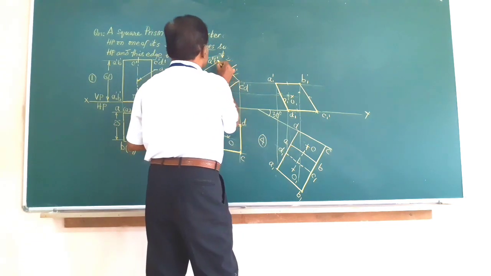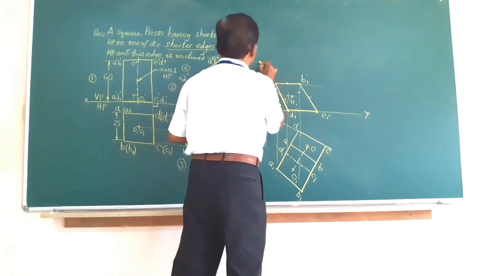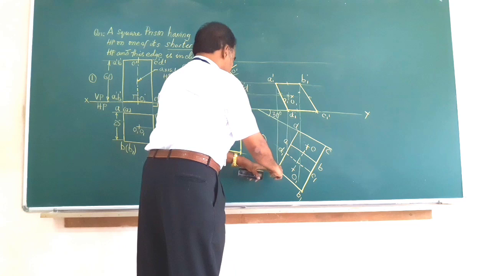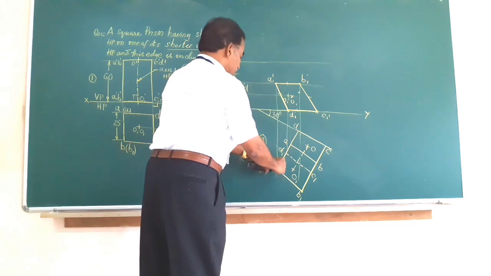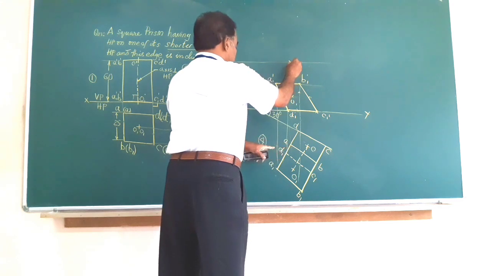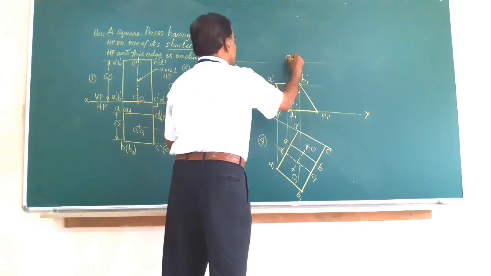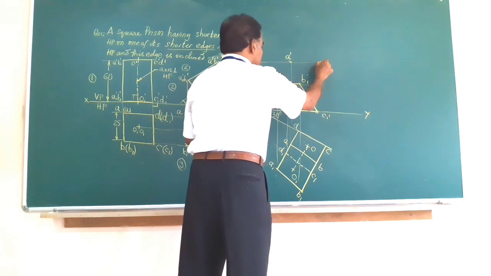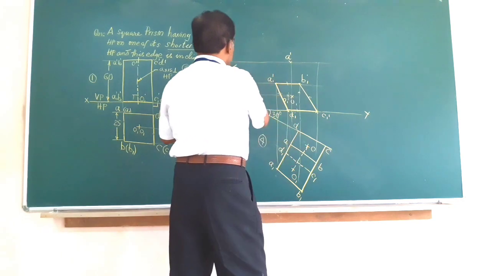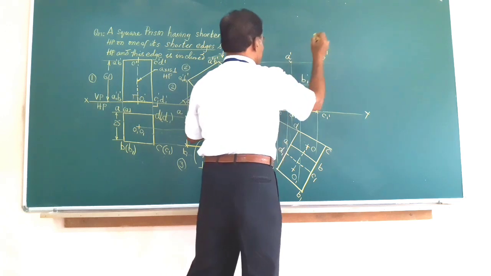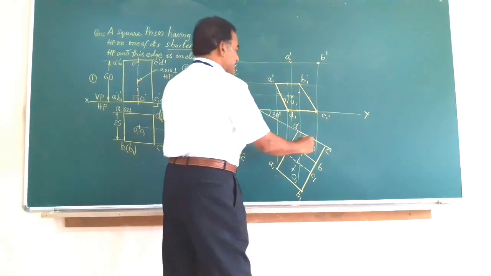So I will draw a horizontal line through A1 dash and B1 dash, and a vertical line from here. So A1 dash, A is here. So A dash you get here. This point is A dash. Likewise B, on the same lines: a vertical line from B, a horizontal line from B. They meet here. That point is B dash. I should get C dash and D dash.